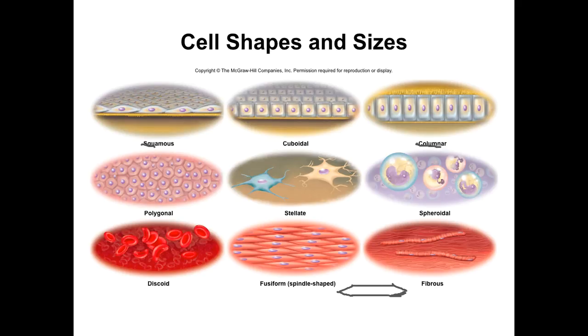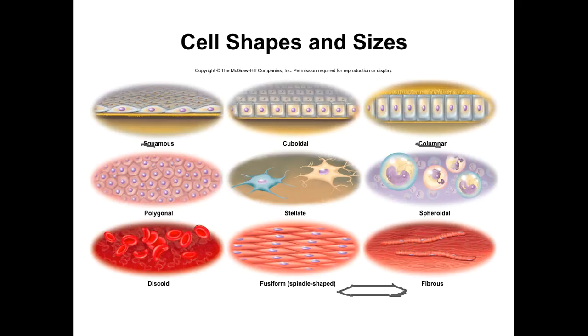The most well-known fusiform shaped cell is the smooth muscle cell, but there are a number of fusiform shaped cells in the body. And last we have filamentous cells. Filamentous cells are really long cells, and usually you have multiple cells that have kind of glommed together in a big line. So this is actually a